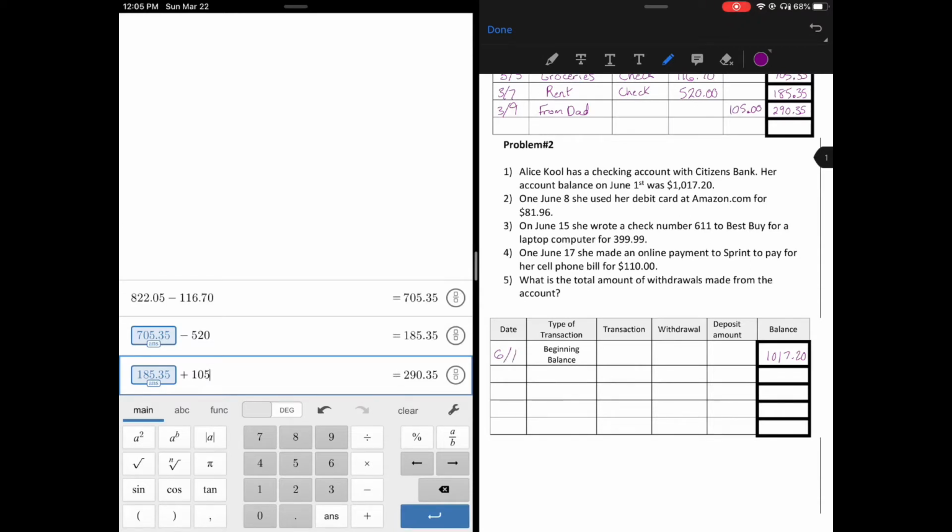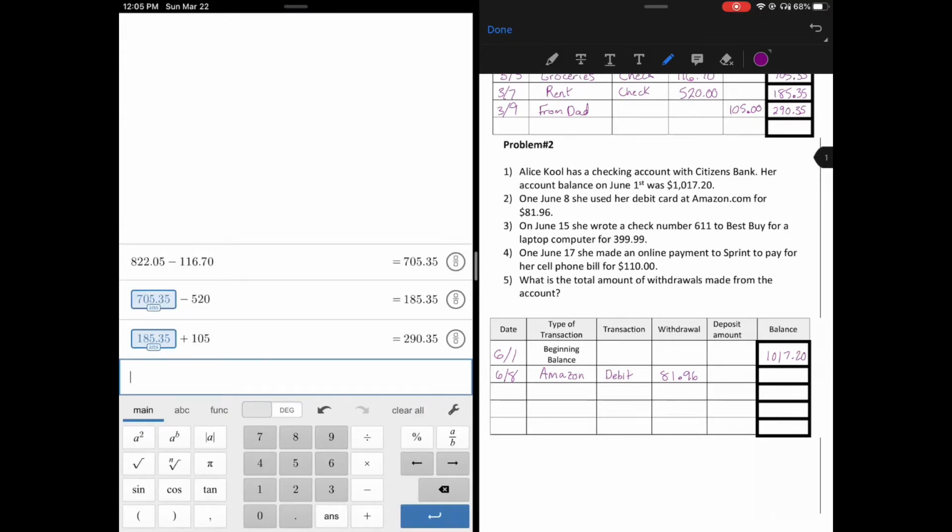The second part of the problem says that on June 8th, so 6/8, she used her debit card at Amazon, so that's your description, for $81.96. So she's losing that money, so we put it in the withdrawal column. And then to find our new balance, we'll do our previous balance minus that withdrawal, which will give us